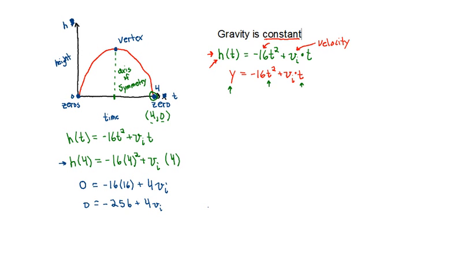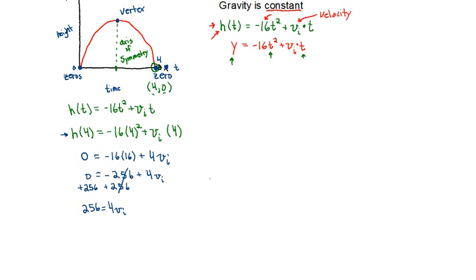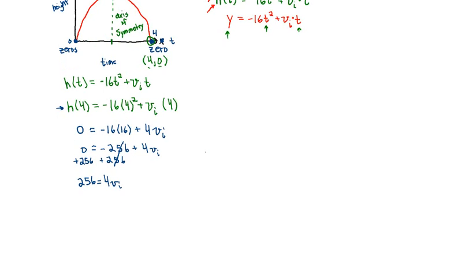Next, we're going to add 256 to both sides. Add it to the other side. That goes away. We're left with 4 times the initial velocity is equal to 256. Divide both sides by 4. And our initial velocity comes out to be 64